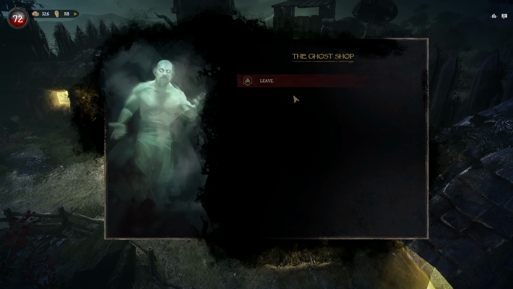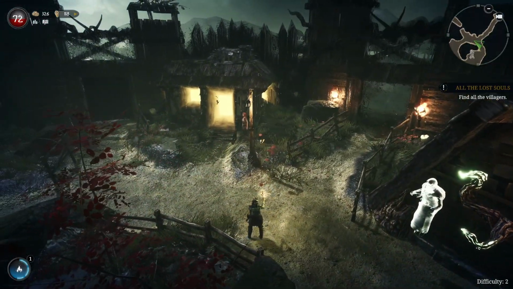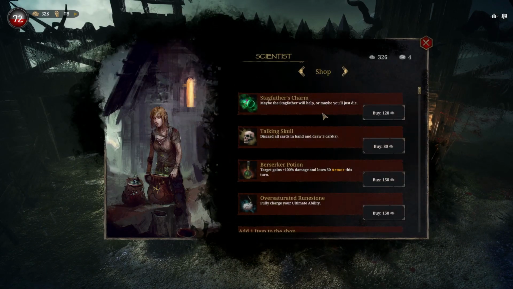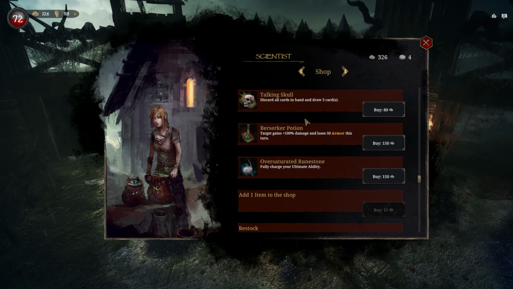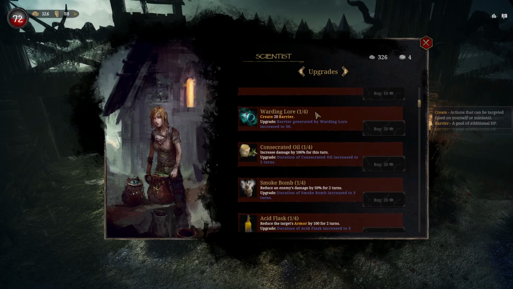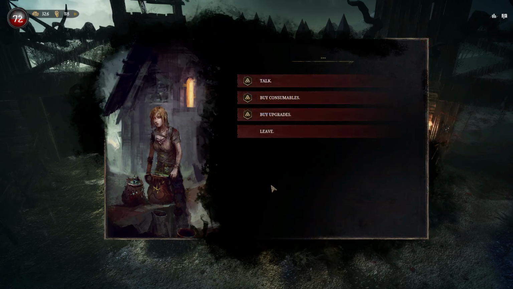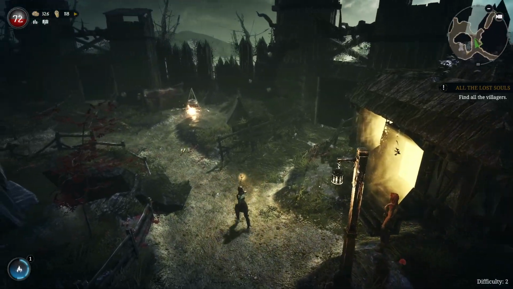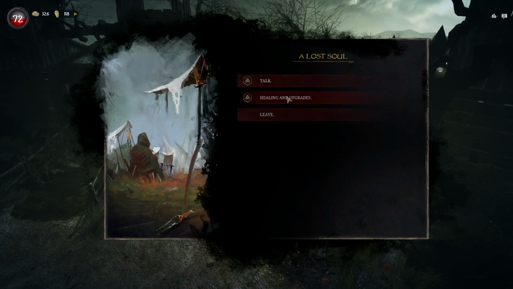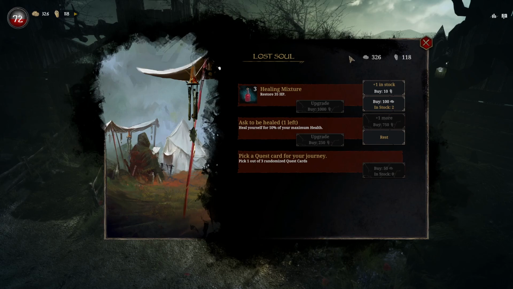You have anything? Can we gamble? Nope, we already gambled our life away. What about the scientist? Nothing to talk about. She has a Stagfather's charm, but we still don't know what it does. Huh. Well, what about Mr. Lost Soul over here? Got nothing to talk about. We need to find all the villagers for him. Probably can't even heal if we do this, so...